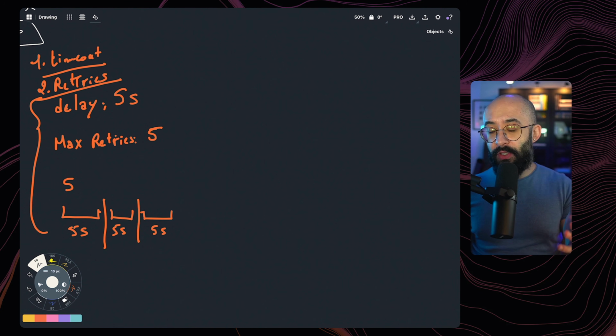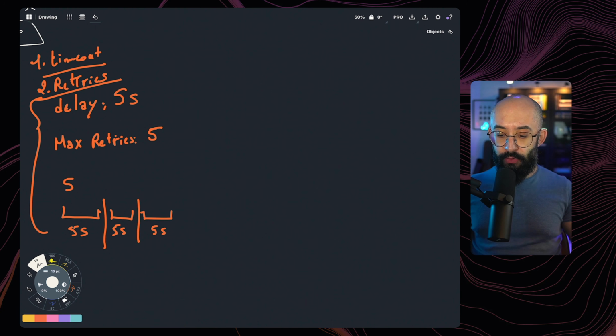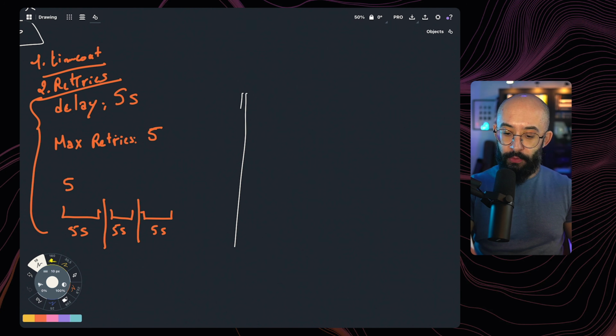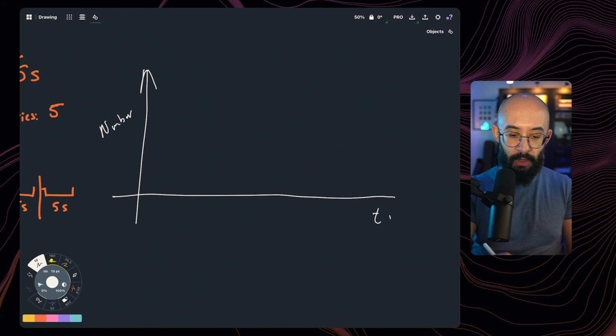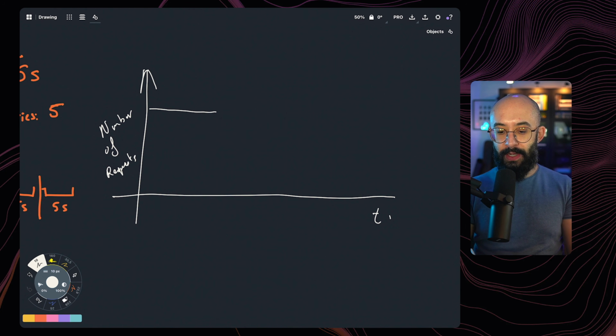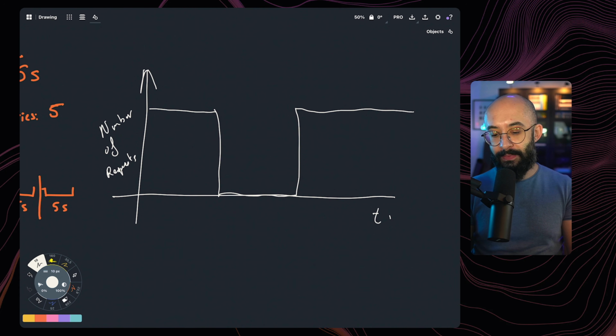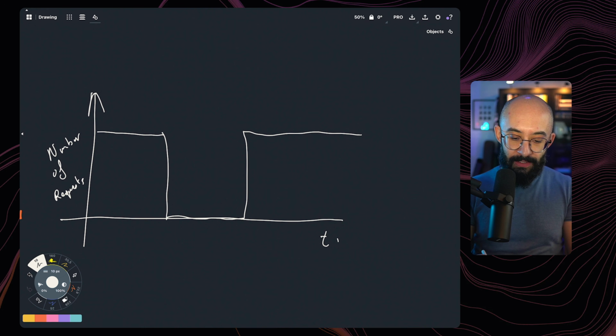Why? Because as soon as service C comes back online, it's going to deal with the deluge of requests. So let's assume a normal scenario without retries, right? We have the following plot. This is time, and this is the number of requests that we have at a certain given point in time. Let's say service C was dealing with this amount of requests. It goes down to 0 because the service is down for a certain period of time. And then when it goes back up, it will go back to this state and it will start serving this amount of requests. However, in this scenario where we implemented retries, the chart might look as follows.